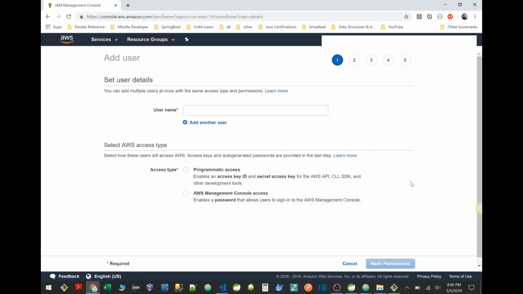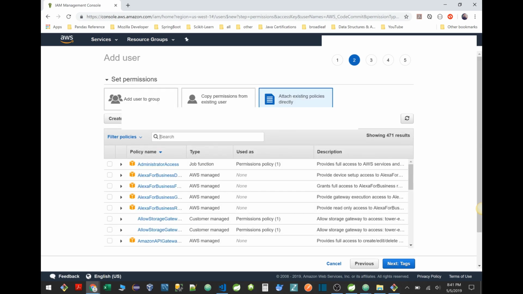All right, guys, I'm in the IAM section of my AWS account, and I'm just going to create a user called AWS Codecommit, because this user specifically is going to have access to that repository in my AWS Codecommit. So again, I'm in the IAM section, add user. I'm just going to give it programmatic access. Remember, do not give it access to the AWS console, since we're going to connect using the access key and secret access key. So next,